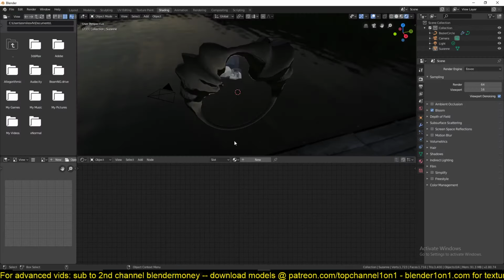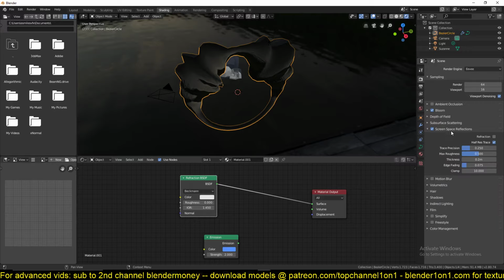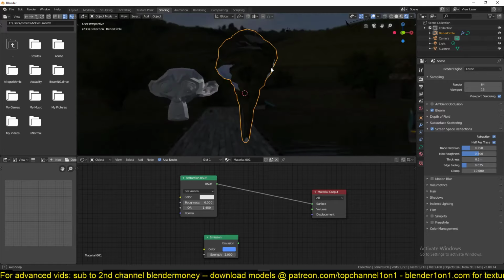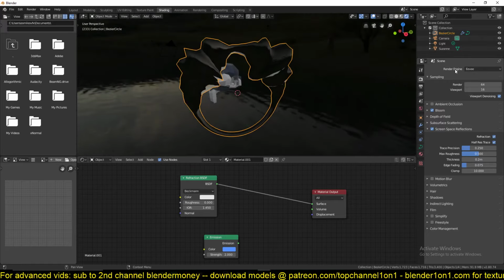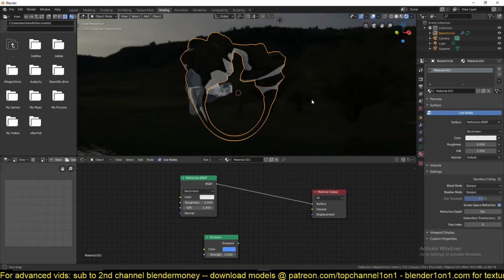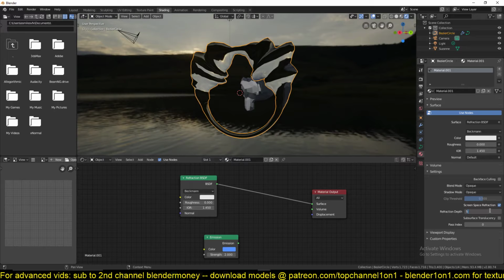So to make that possible, under the render settings, turn on screen space reflections, and then turn on refractions, and that should do it. Or if it doesn't, I'll go under the material settings for the object and turn on screen space refractions. I think the refraction is a bit too much, so you can play around with